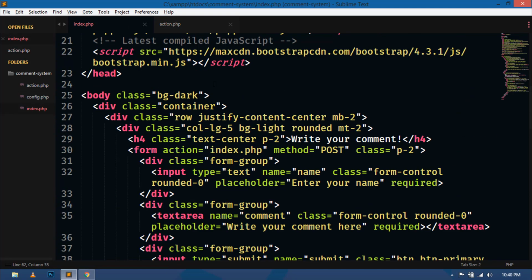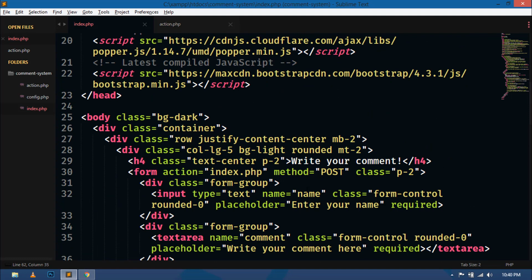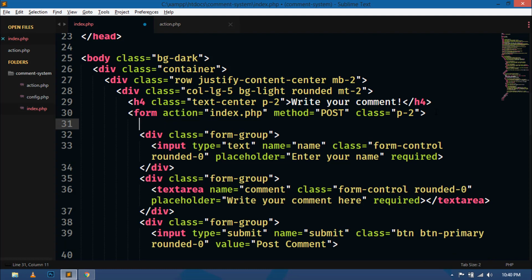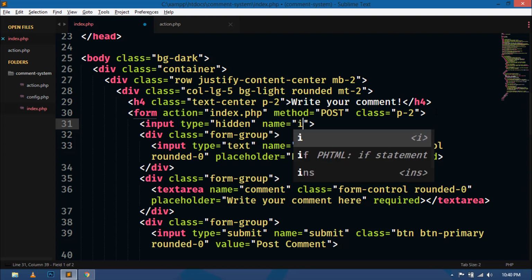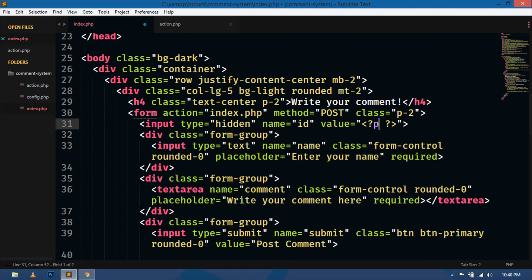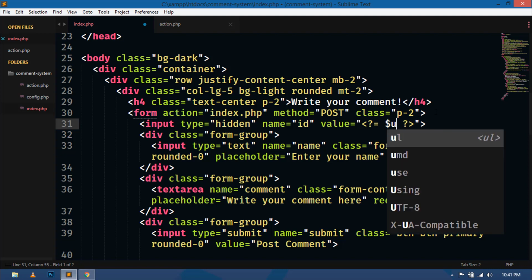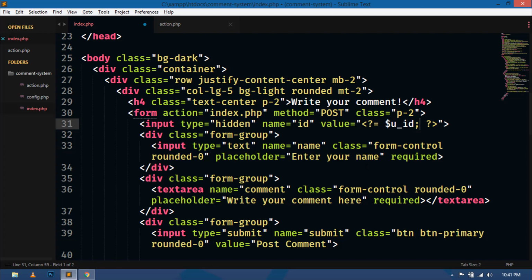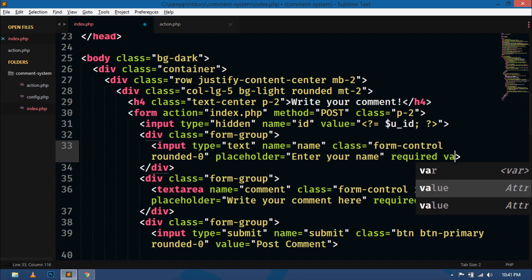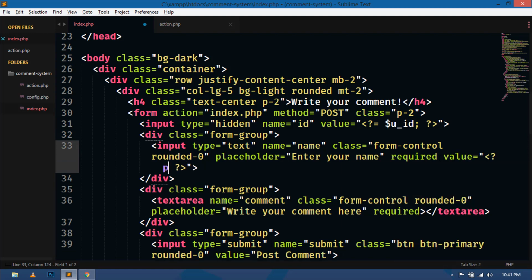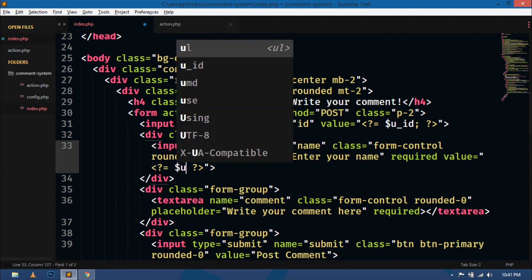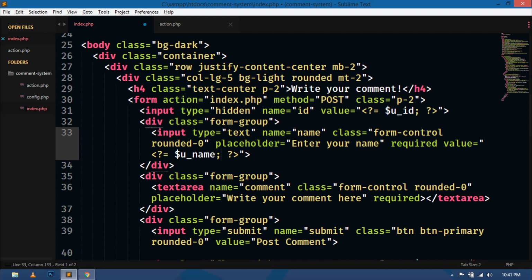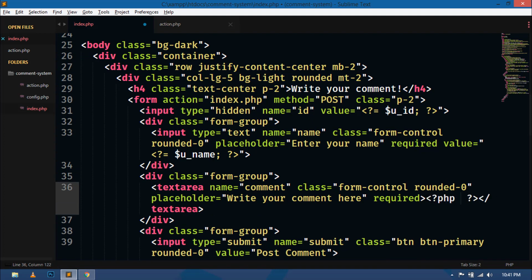here we will go to the index.php, and inside the form tag I will create a hidden input field, name id, value PHP, and here I will print u underscore id, and in name let's use value attribute, and here just print u underscore name, and in text area we will use u underscore comment variable. Okay,